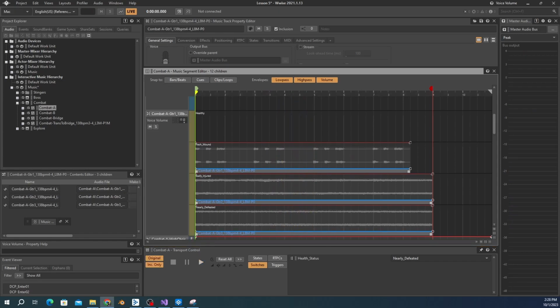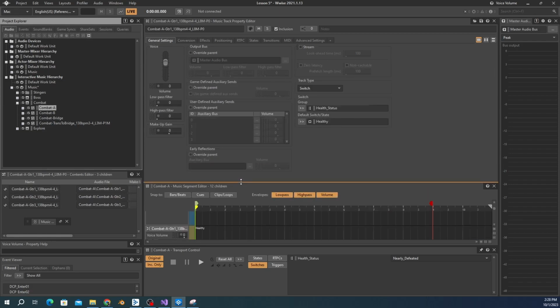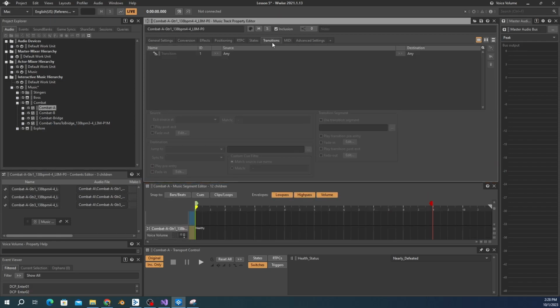You may have noticed that when I jumped between switches, there was no transition and I had to replay the music segment. We need to set up the transitions, but at least we know the system works. This will be done in the Transitions tab of Combat A Music Segment's Property Editor. This view comes with powerful tools that will be elaborated on next lesson, but for now, we are going to tweak the existing rule that is making it so that the transition between music subtracks is happening at the end